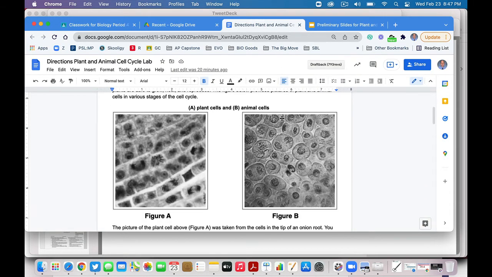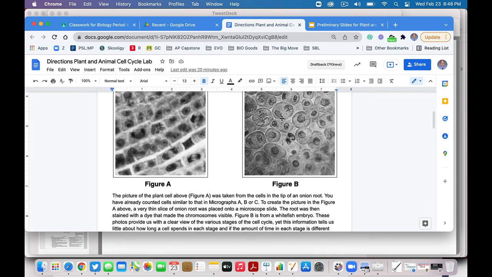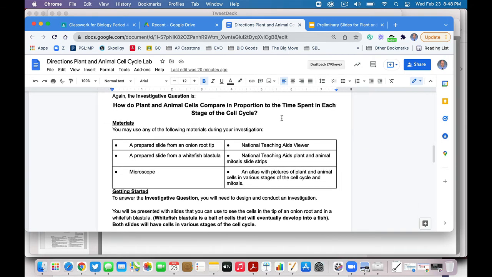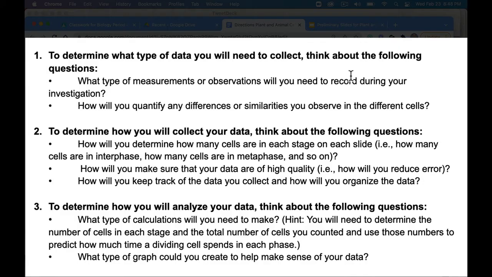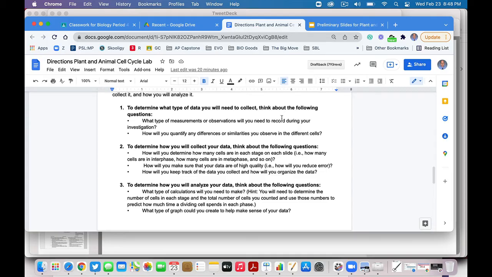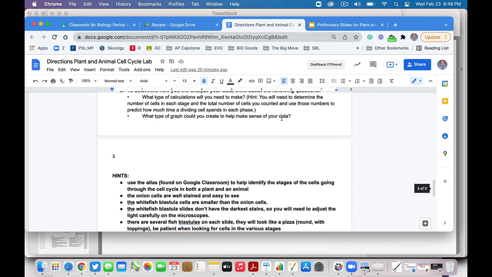So here in figure A and B, just make some observations. What do you notice about those cells in A, which are plant cells, and B, which are animal cells? What are some similarities and what are some differences? And how might that play into what could be a difference in the cell cycle? There's just the list of things we've already talked about. And then here are those 3 questions that are on the slideshow with some other questions to help you think about that. The last page here, there are some hints